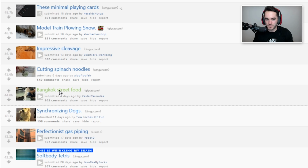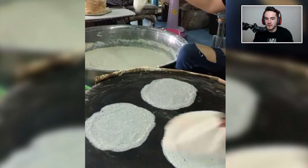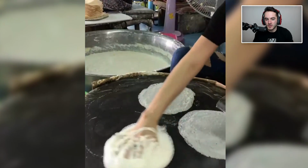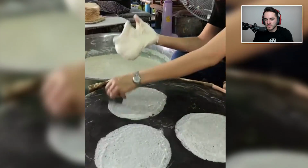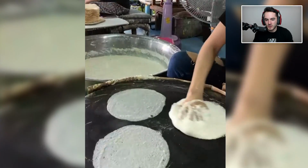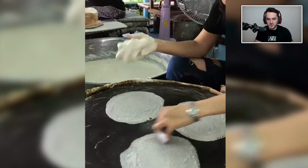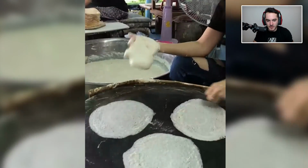Bangkok street food. It's a good thing I have food on the way because I'm about to get real hungry. Wait, hold on. Did you just like go in there and... Oh. Damn, this is like some ambidextrous stuff right here. How are you doing this? You just reach in there, grab out a ball, and then...